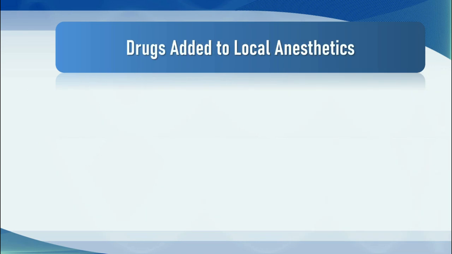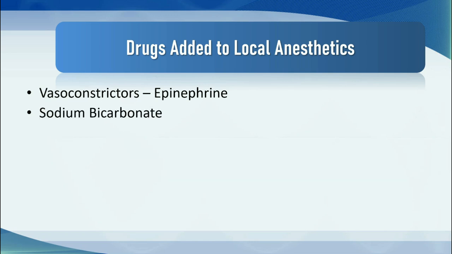So let's briefly look at the various drugs that are added to local anesthetics to enhance the quality of the block. The first drugs are vasoconstrictors, as I've mentioned. Epinephrine prolongs the duration of anesthesia and reduces systemic absorption and thus toxicity. Sodium bicarbonate, the carbonation of the local anesthetic, reduces injection pain, speeds up the onset of action by increasing the non-ionized form, and reduces intracellular pH because of the carbon dioxide that goes into the cell, increasing ionization and effect